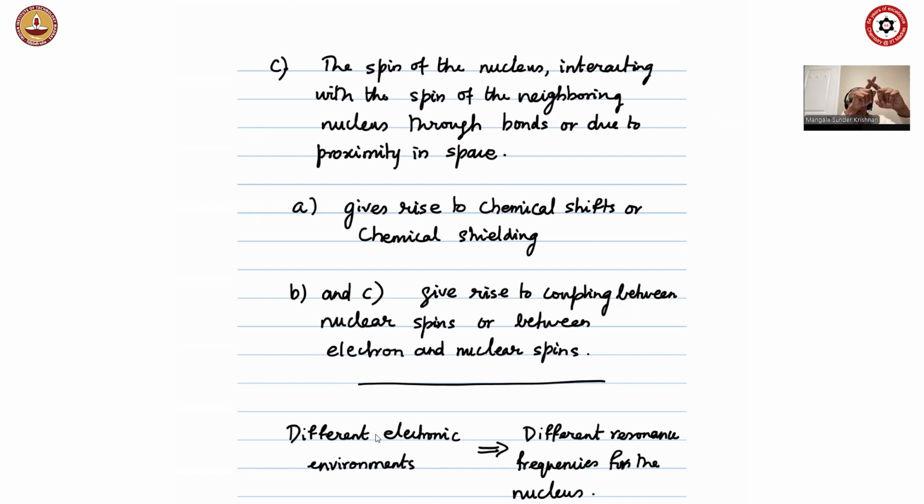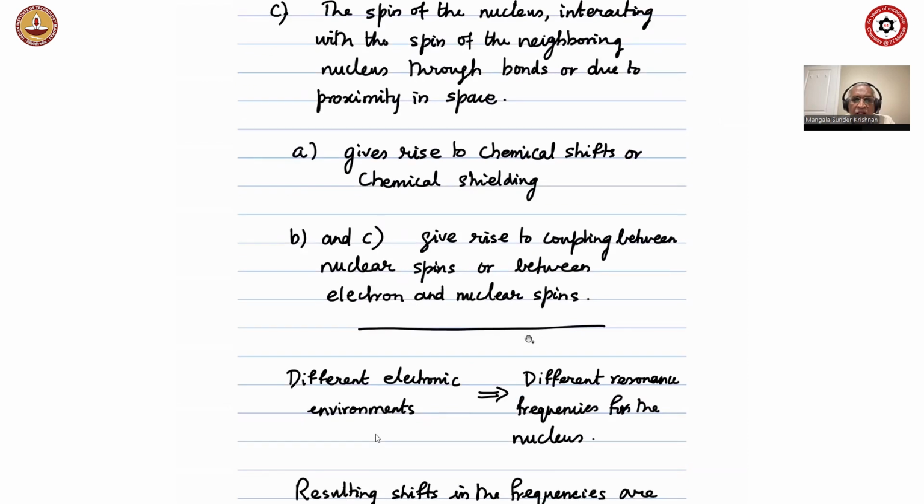There may be a hydrogen here, a carbon here, a hydrogen. These two hydrogens will be spatially close to each other. They can also interact with each other. So either through space or through chemical bond, these magnetic fields interact, and therefore these magnetic fields shield the nuclei from the external magnetic field. So all these things, B and C particularly, give rise to coupling between nuclear spins or between electron and nuclear